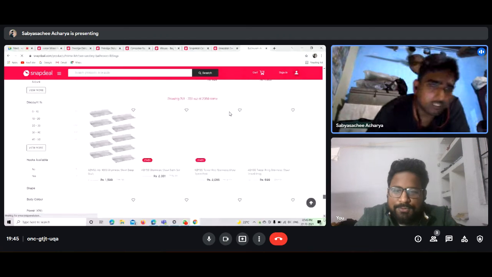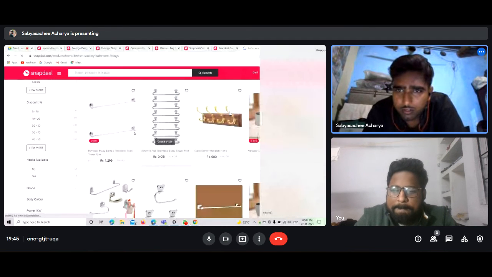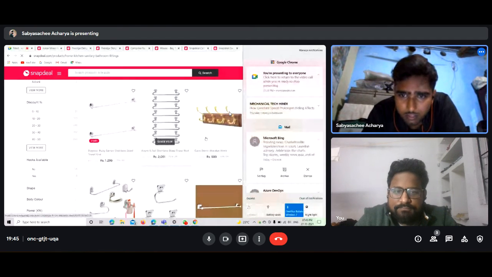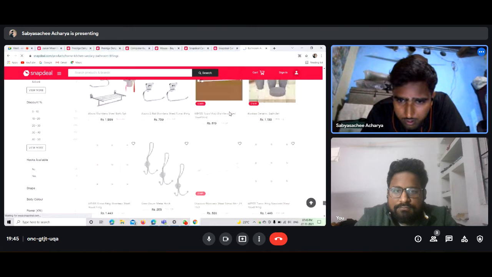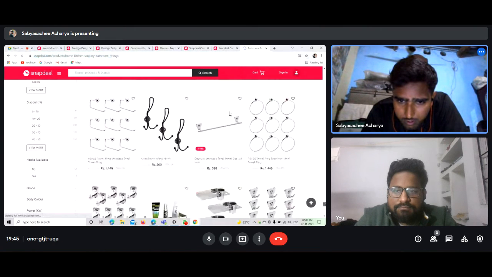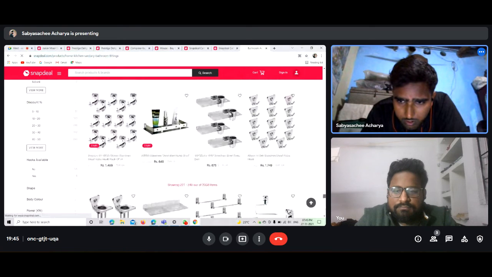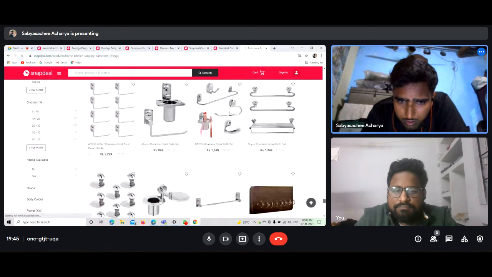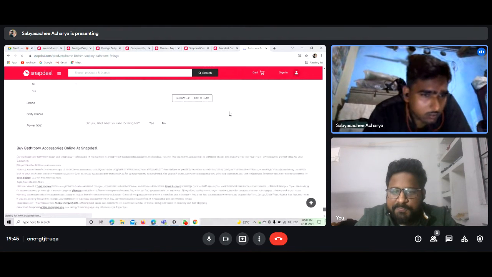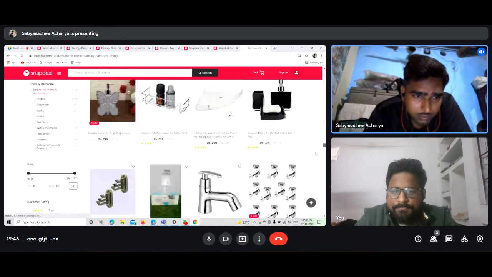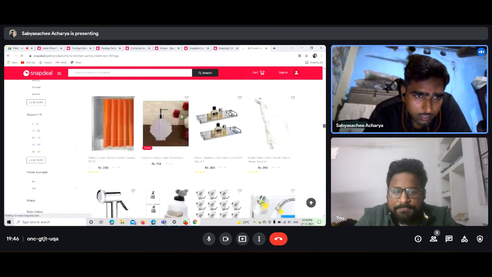Did I choose any wrong option? These are only those things used to furnish your bathroom.